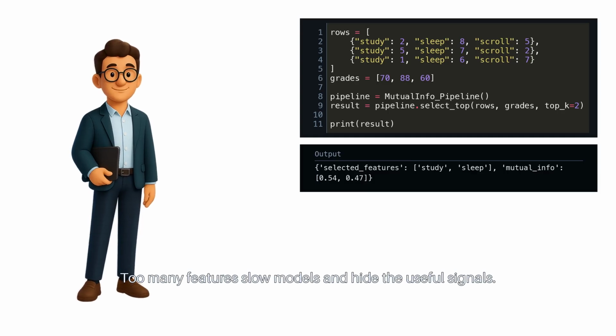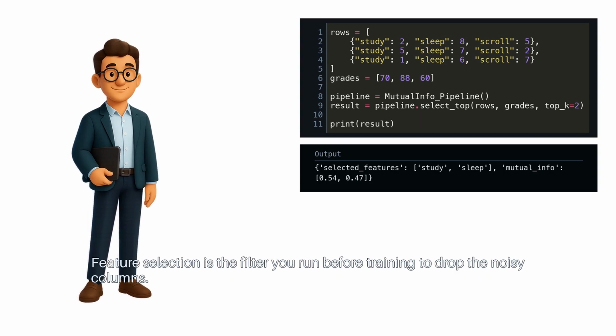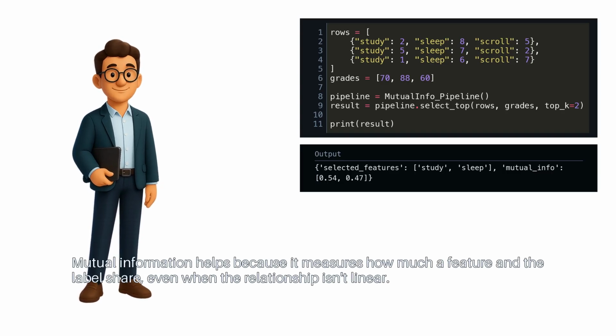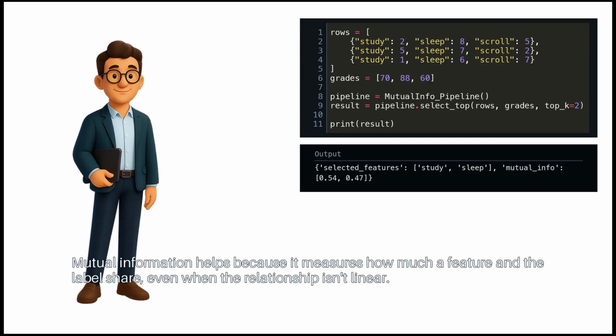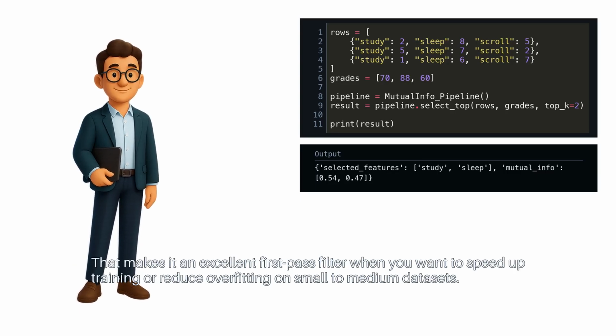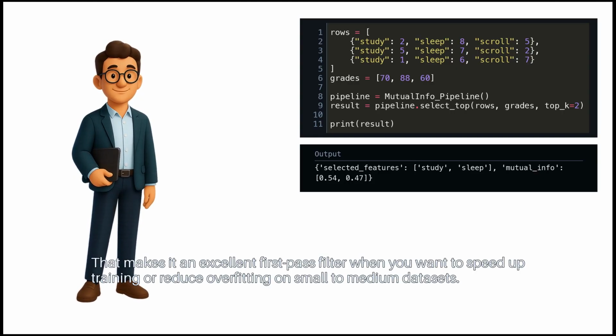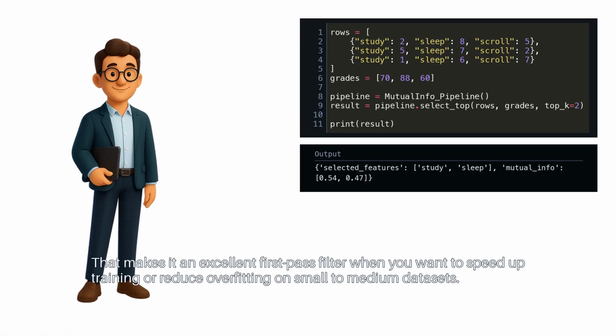Too many features slow models and hide the useful signals. Feature selection is the filter you run before training to drop the noisy columns. Mutual information helps because it measures how much a feature and the label share, even when the relationship isn't linear. That makes it an excellent first-pass filter when you want to speed up training or reduce overfitting on small to